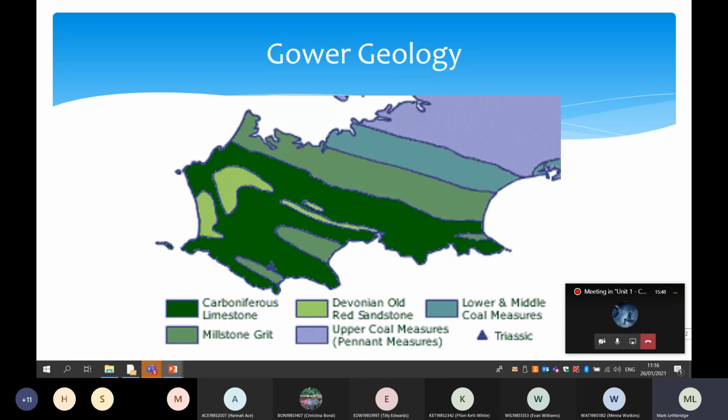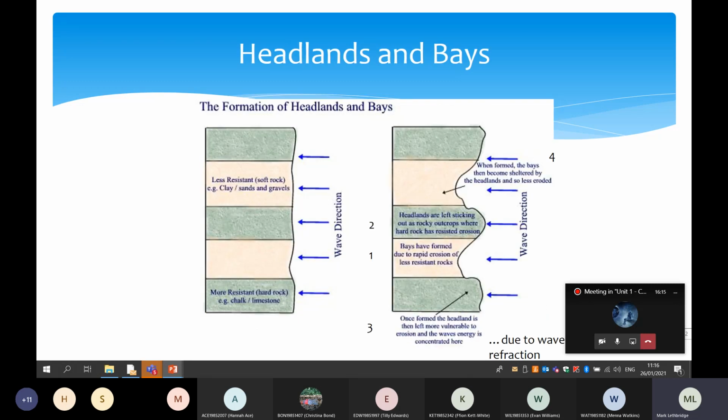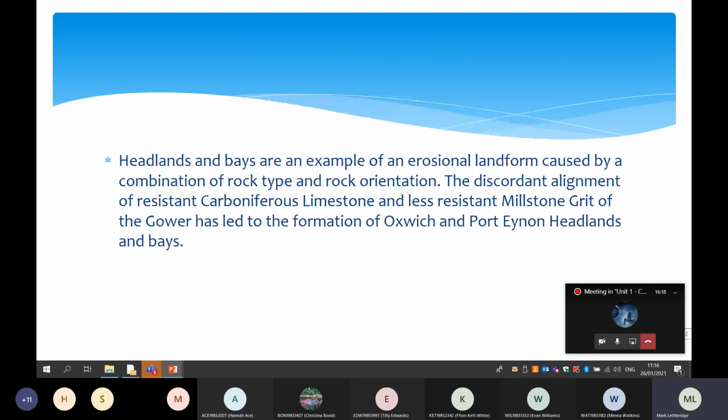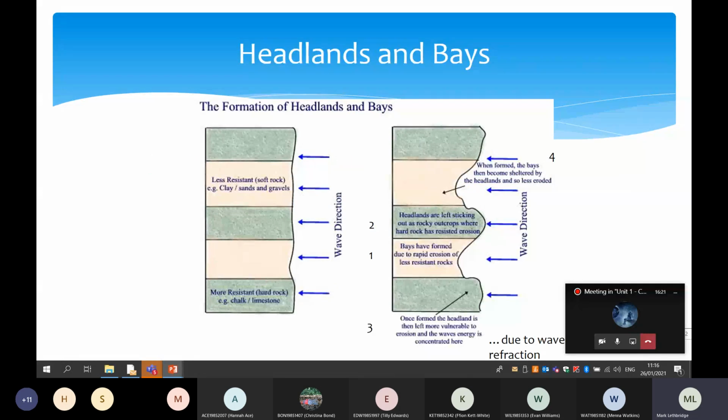Now, what we can do with this is actually start beefing up the explanations that we've had before in terms of things like wave cut platforms and things like headlands and bays to go along with it. Knowing what the geology is that we're dealing with, we can put it into a little bit better detail. So if you think to the idea of headlands and bays that we had before, it was a relatively basic, relatively straightforward